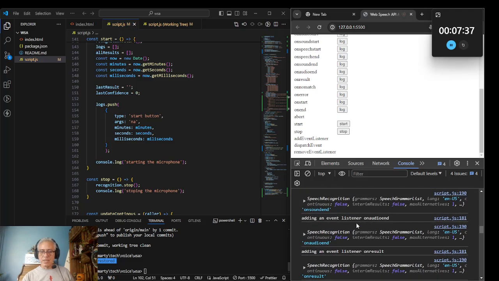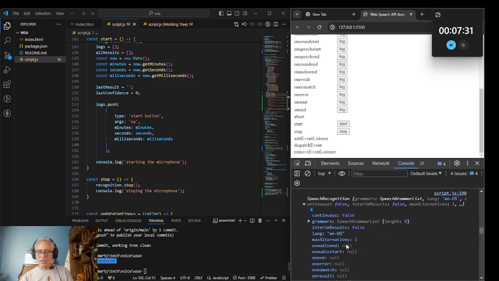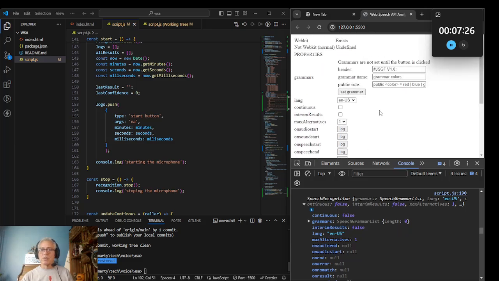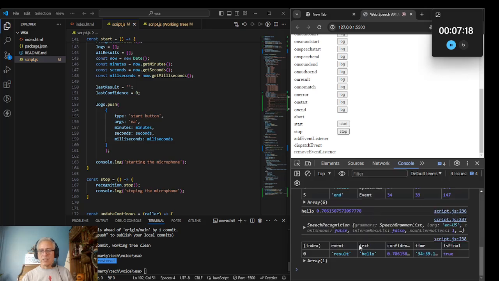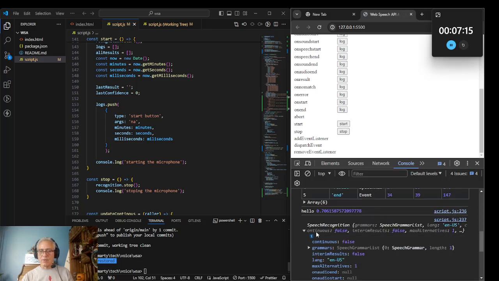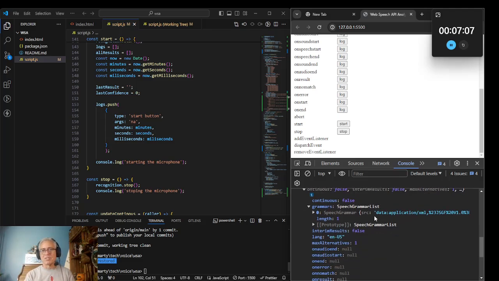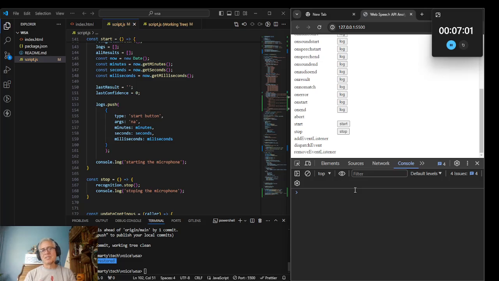All right, so this is the whole speech recognition. As you can see, the language is set, but the grammars are not. So what I'm going to do now is say set grammars. And hello. All right, so now we have these grammars. We got this grammar set, and I did it the way you're supposed to do it. So now, based on what ChatGPT is saying and what seems to make sense to me, we should get